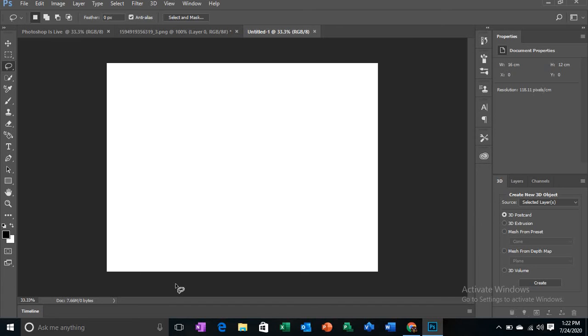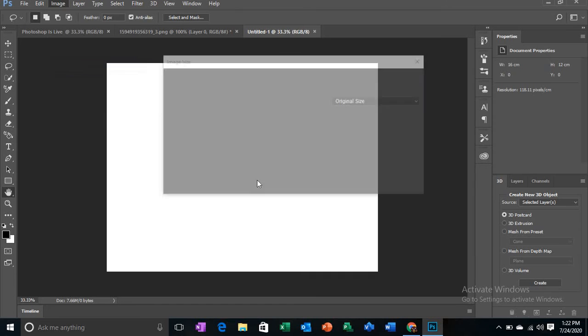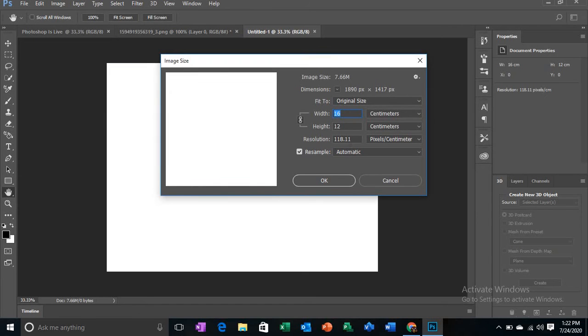We could click on open. Photoshop will open, then the name of the file will appear in the title bar. Everything I told you. Now the next step is how to change the print size of an image. So first what we have to do, click on image, then there are a lot of things will come. We will have to click on image size. Again, a lot of things, height, width, resolution will come. We want to click width as 20, and yeah, so resample automatic.